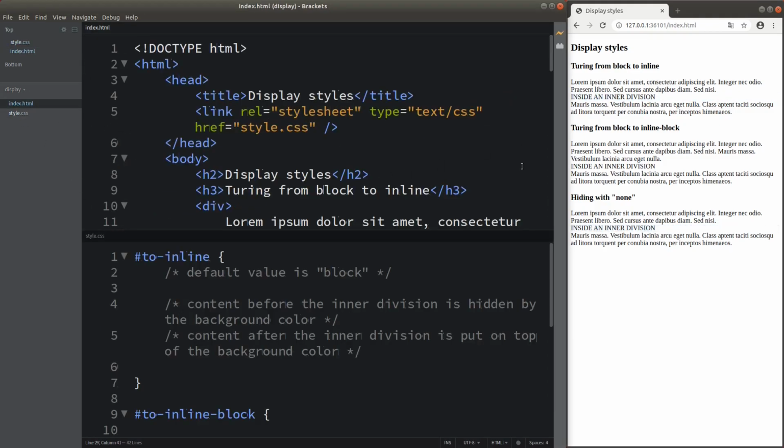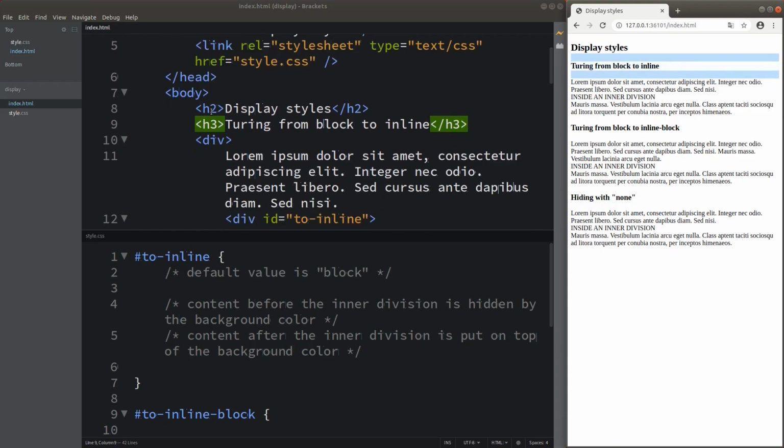Now, we have to notice something before we can talk about the display modes for your elements. In general, there are so many elements that are in the block display mode. So what does it mean by the block display mode shown here? When I simply click on the tag, you can see that the highlighter of Brackets is able to indicate the block shown on the web page. So when I click on the H3 heading, you see this is a block.